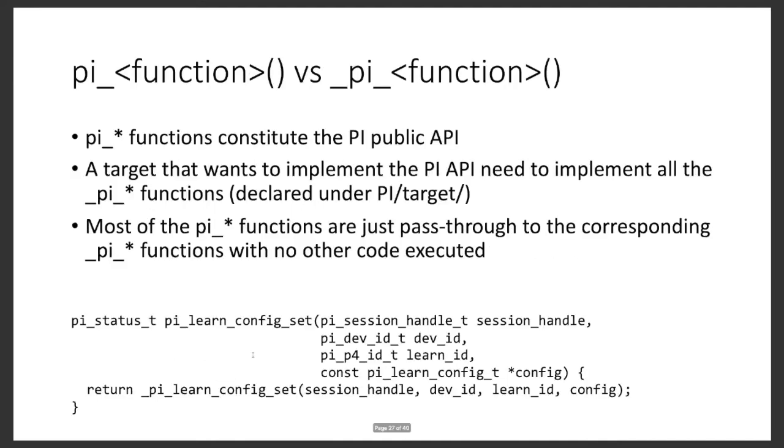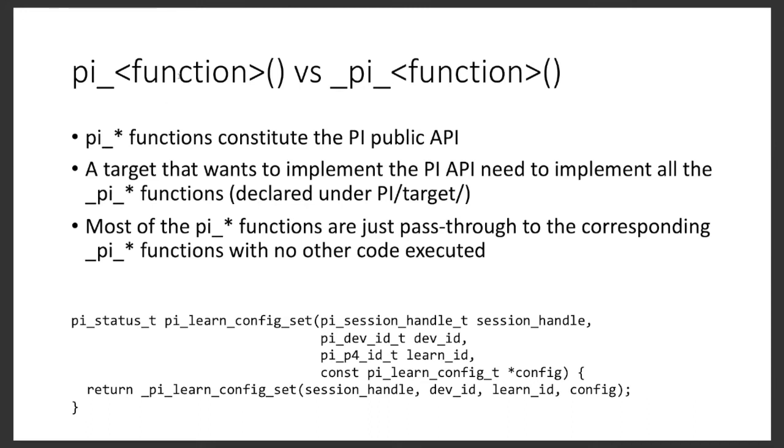I'm going to skip packet IO. A subtlety that I brushed on quickly before is that in PI, you have both public and private functions, and they're basically equivalent. The public functions constitute the public API. The private ones are the ones that need to be implemented by the backend. Most functions are just pass-through, but the idea for having separate functions is that